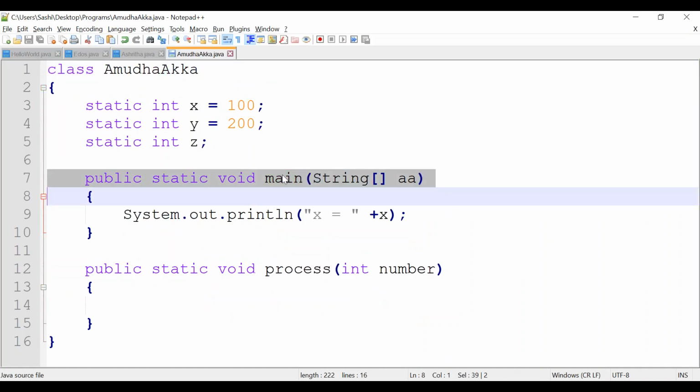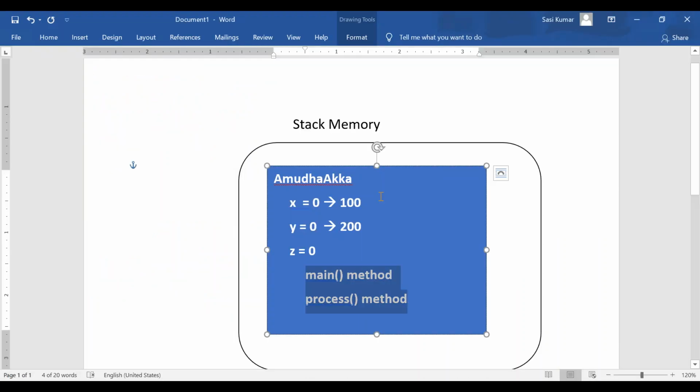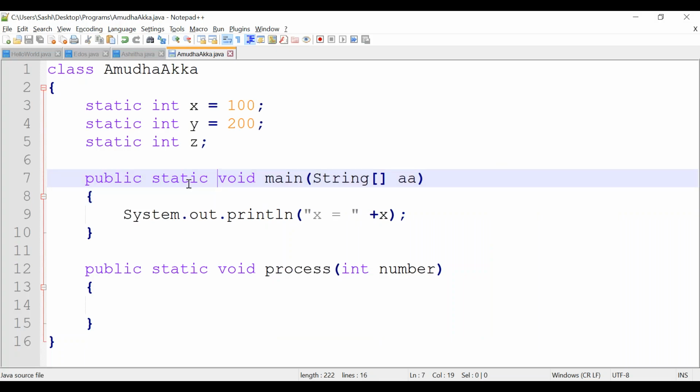The main method is already loaded. It is available inside stack memory now. Stack memory has complete details of a class, correct? About static variables and static methods, it has complete details. Main method is already there. What JVM will do is take this main method, correct? JVM will see this method signature. This is what we have seen. This complete line is the method signature, correct?